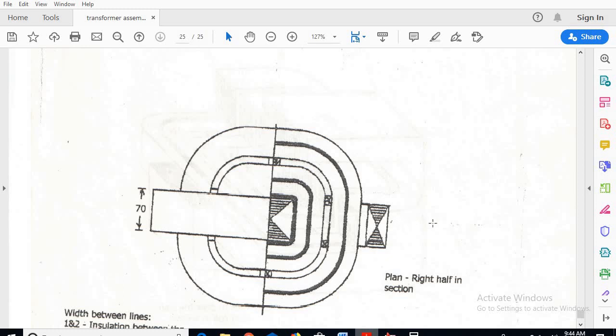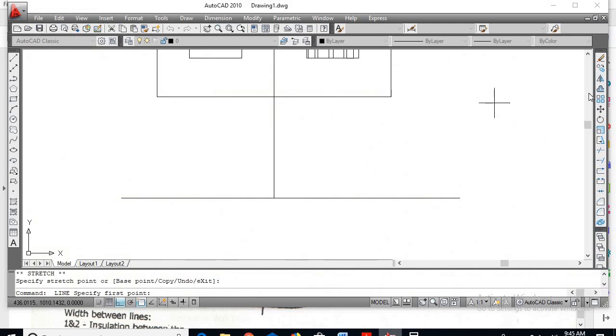I'll take 50% of the depth of the core. Out of 70, I'll take 70 by 2, that is 35. In AutoCAD, I'll go for offset, type 35, enter. Just take this line and click above.